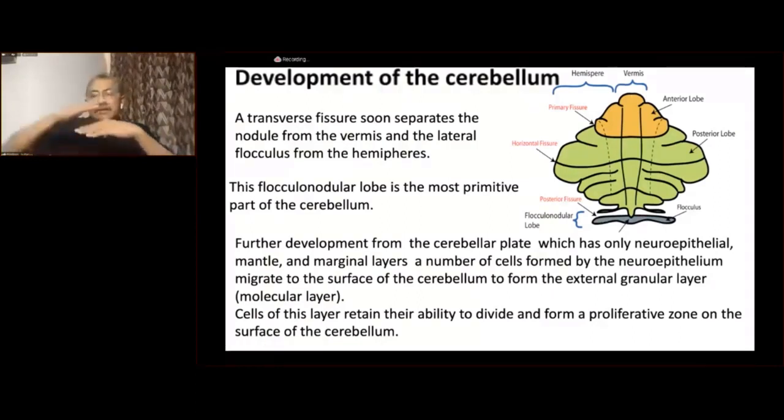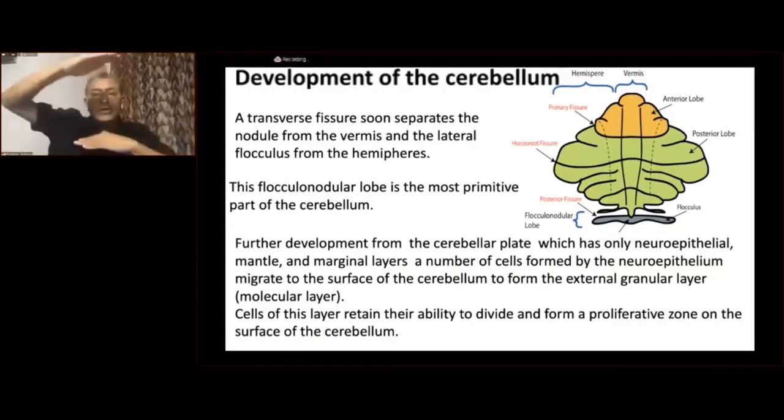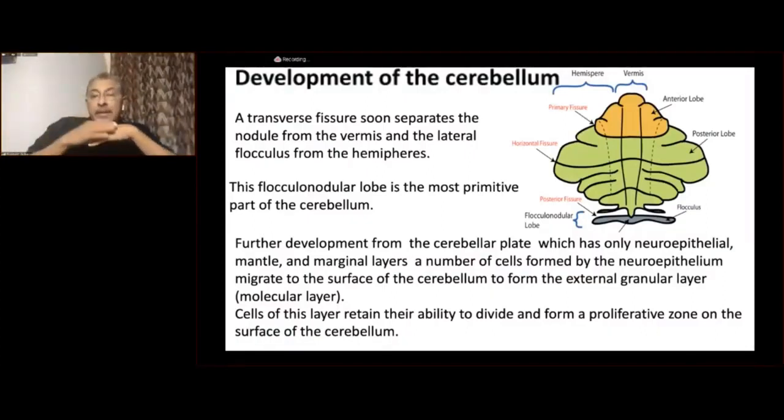And from that area, the red line which I showed you previously, the entire cerebellum is going to grow. So further development of the cerebellum, the cerebellar plate, which has neuroepithelial, mantle, and marginal cells,